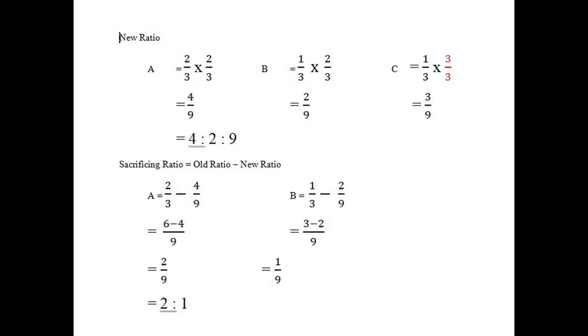In this question number 67, A and B are the old partners, and their old profit sharing ratio is 2 is to 1, that is 2 by 3 and 1 by 3. And C comes in the business for one third share. Whenever a partner comes in for one third share, his remaining share will be 2 by 3. So this 2 by 3 will be shared by A and B as it is. And you can see here this is multiplied by 3, both numerator and denominator, so that the denominators can be equal. And we calculate the sacrificing ratio, which will be 2 is to 1.